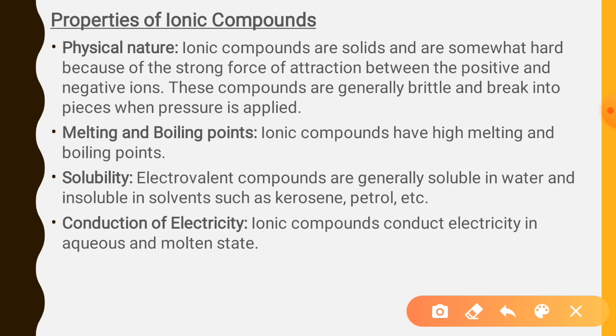Now one more thing, students: the melting and boiling points of ionic compounds are very sharp. It means they have a fixed value. You must have seen the melting of plastic; during that process the plastic does not melt at a particular temperature. It melts over a range of temperature. This property is different in ionic compounds because they melt at a particular temperature. Let me give you one example, that of sodium chloride. The melting point of sodium chloride is 1074 Kelvin, so it will melt at this particular temperature.